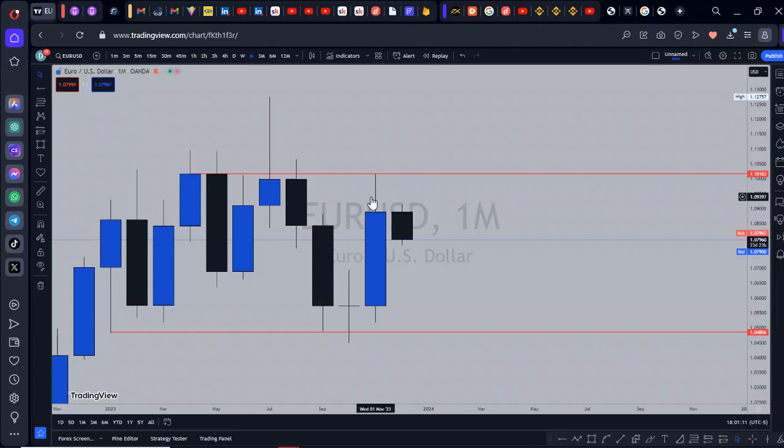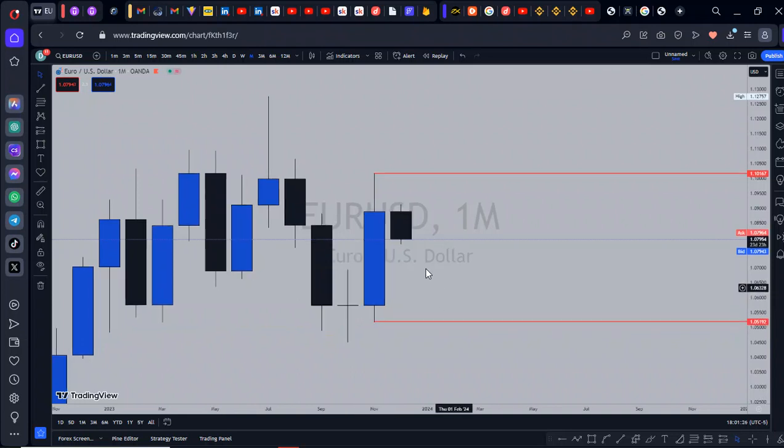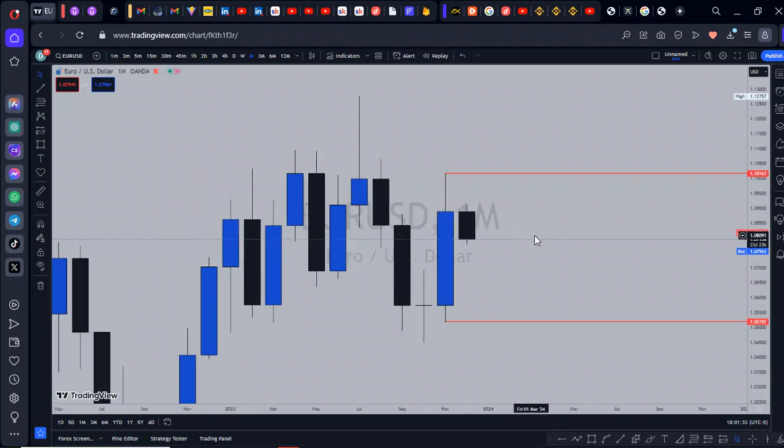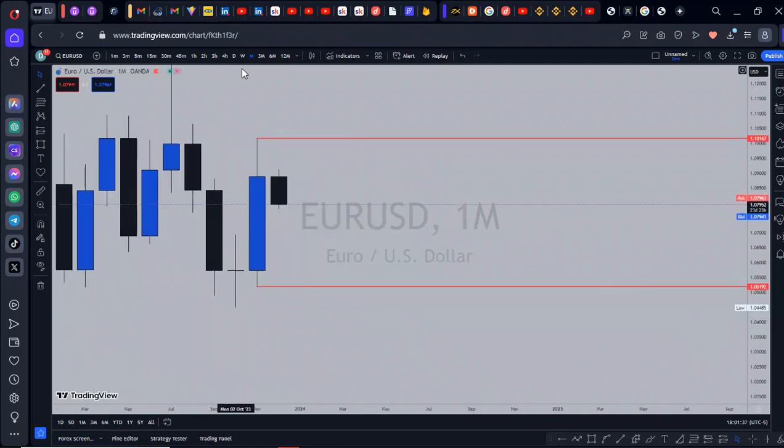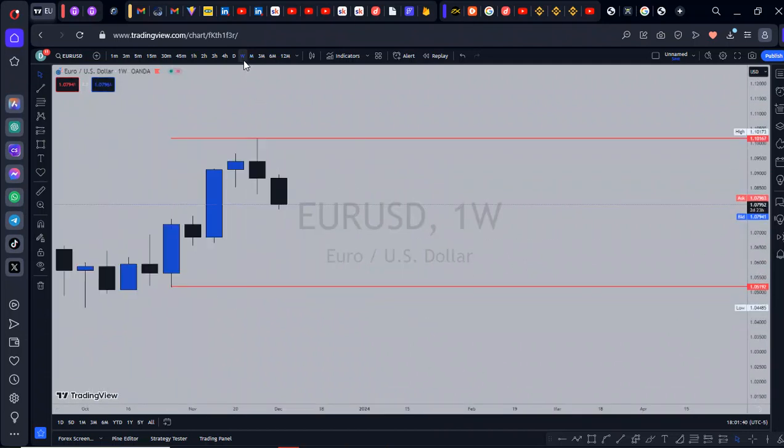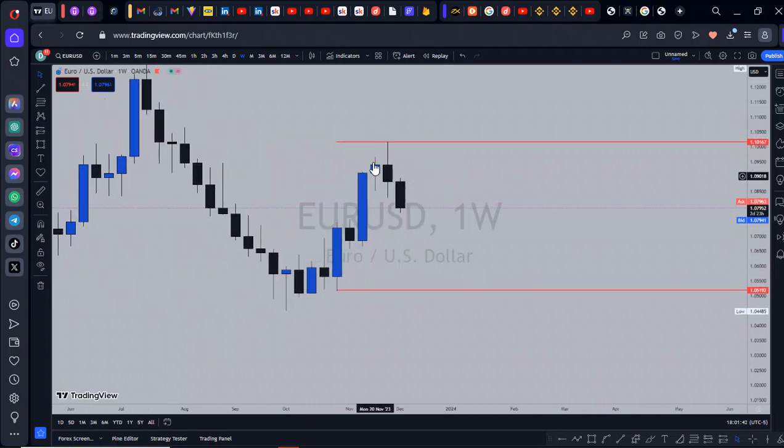So since it refused to go higher, what I'm trying to do now is, normally, we go down to our lower time frames to see a structural shift, and that structural shift is a violation of a demand that could possibly be responsible for continuing to push the price higher, right? So if that demand gets violated, then I'm looking for sales down to the previous month low, right? So now I can run down to the weekly time frame, and this is my weekly time frame, right?